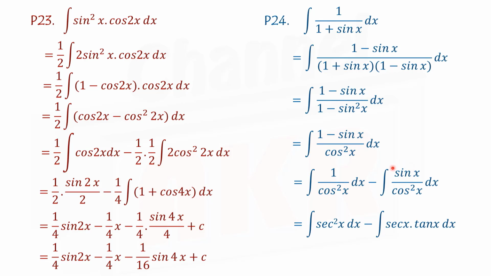Okay. From this portion we will get 1 by cos x, which is sec x, and sin x by cos x, which is tan x. So integration of sec square x is, from part 1, tan x, and integration of sec x tan x is sec x. So we got the answer. Okay, integration of sec square x is tan x, integration of sec x into tan x is sec x. So that's all. We learned two methods. One is detailed and another is shortcut. Both are necessary for integration.